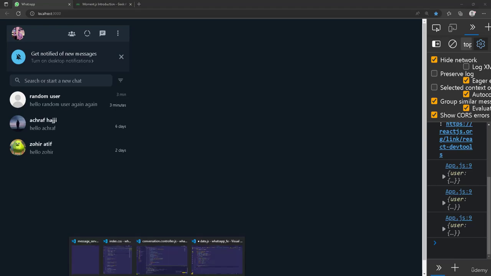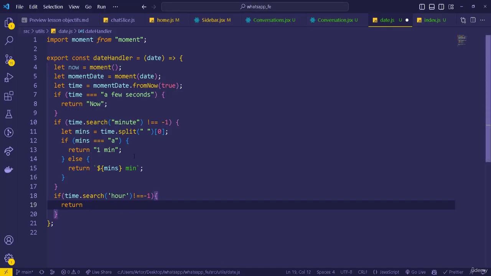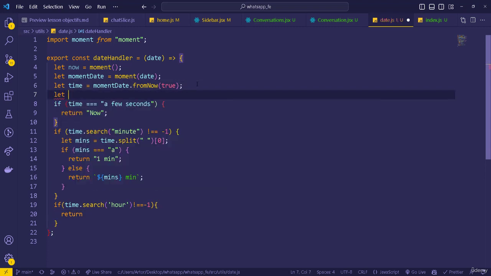So what I need to do right now is, if this exists, I can create a function that just returns for me the date in a format of an hour. Let's say, for example, 10 and then 22. This is what I want to get, instead of showing 1 hour or 2 hours ago, because this is how WhatsApp does it. So I can go here and call this, for example, date by hour and minutes,